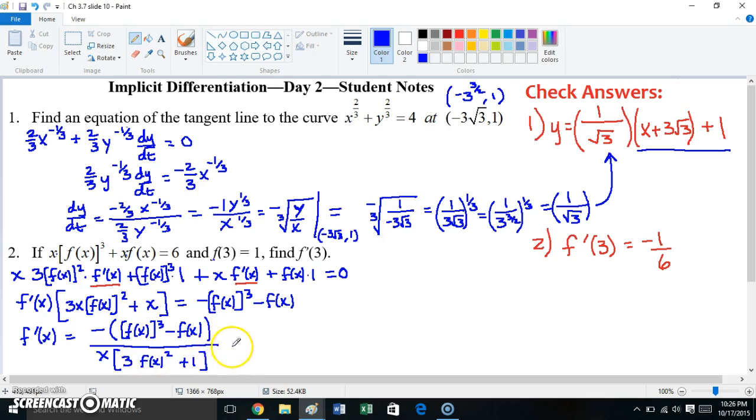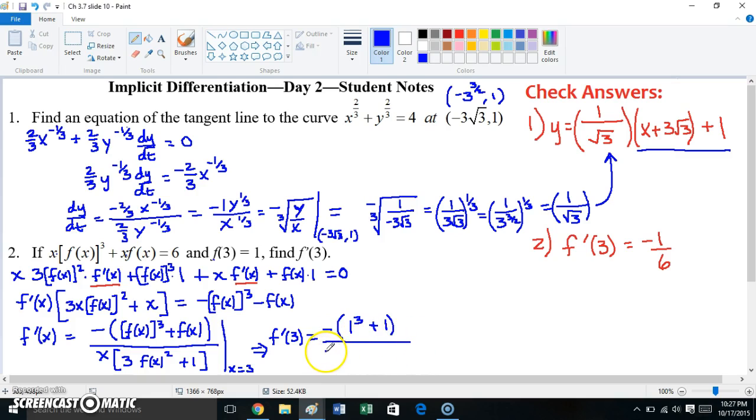Okay, so we have f prime of x. We'd now like to find f prime of 3. So I'm going to need to evaluate this function when x is equal to 3. So f prime of 3 is equal to negative f of 3, which is 1, minus f of 3, which is 1. Oops, that should be a plus. I said I was going to factor out a negative. Okay, fix that up. All right, negative quantity 1 cubed plus 1